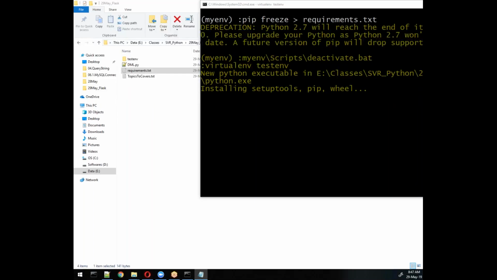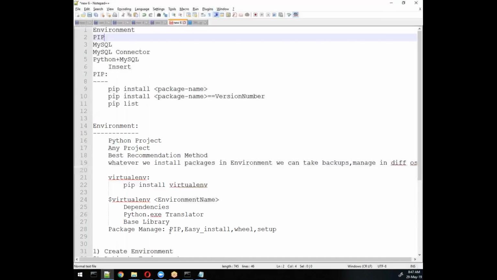Let me try another thing with the help of these. Now what we will do, we will install packages. Remember, we will install packages and all things through requirements.txt. And one other thing I need to tell you, there is one thing remaining which is called Flask. We have not done Flask yet. Let me try with some example about Flask, so it would be good for you guys. What is Flask? Basically, Flask is a lightweight package. We already learned about that yesterday. Again, we will go into more detail about other topics related to Flask.